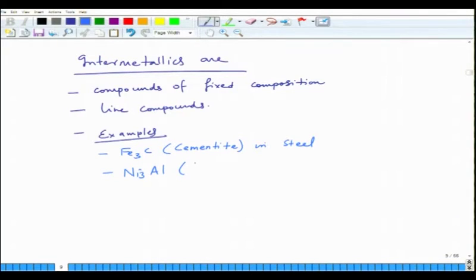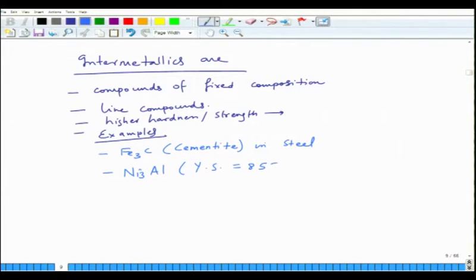Another thing is that these line compounds are very strong. They have much higher hardness and strength over host lattices. For example, in case of Ni3Al,